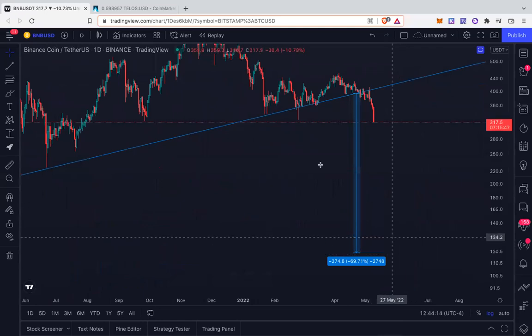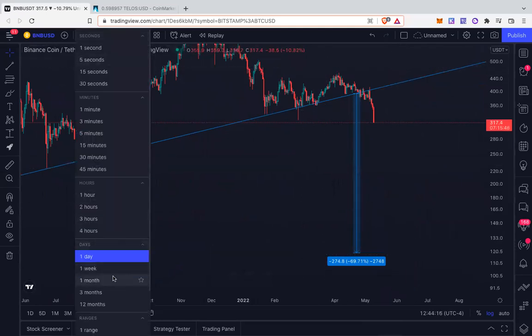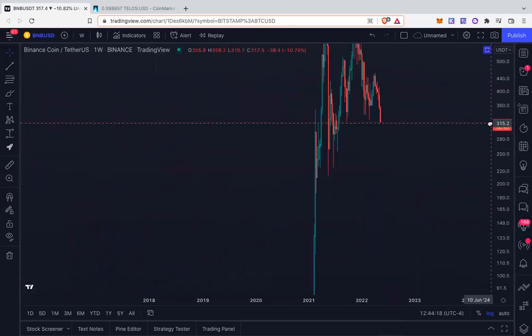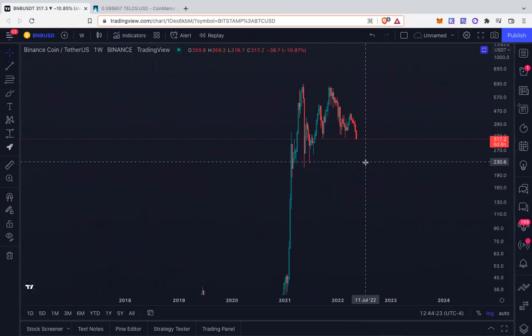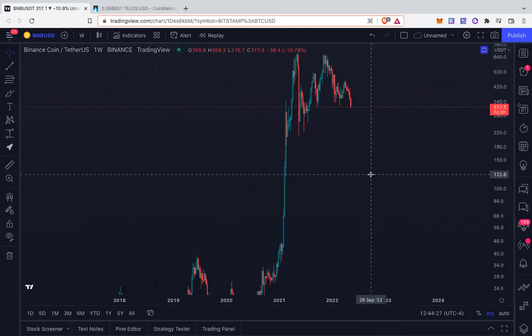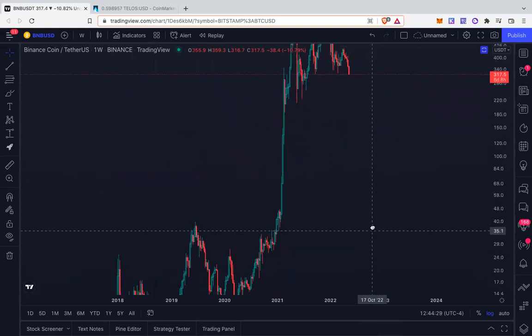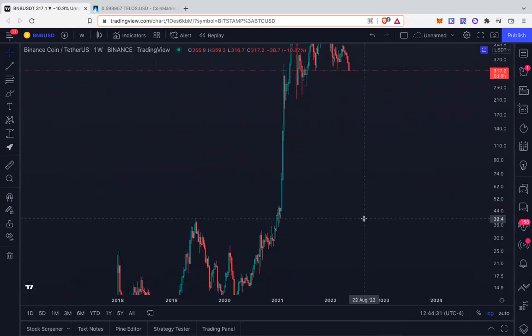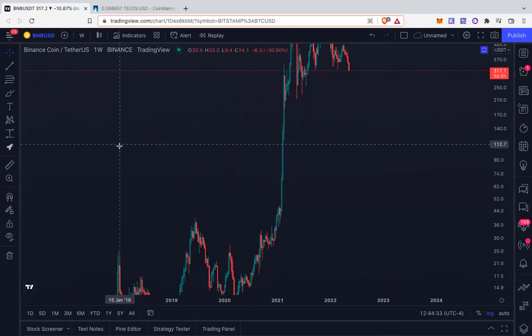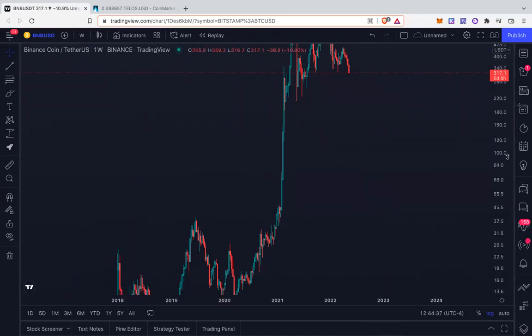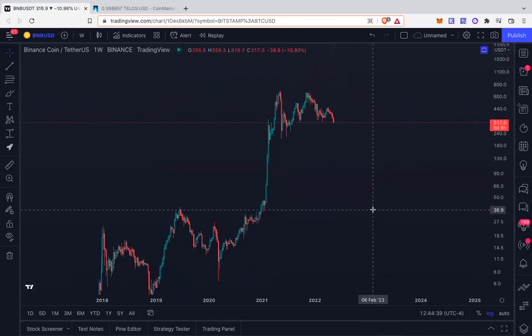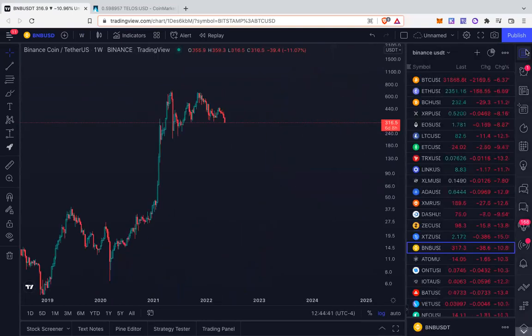Your target is 120. And let's go to the weekly, see if there's any support there. There's really no support there, and that's kind of concerning. I mean, if you start to break the 215 area, there's not really major support until $30 really to $40. Wow. I mean, yeah, it's going to get ugly on these crypto streets.